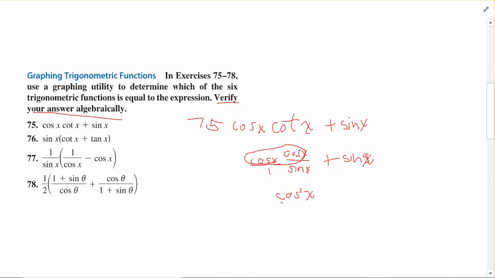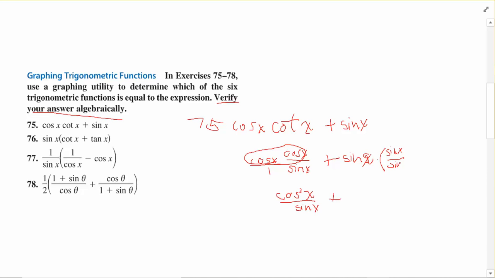Well, what a drag. If this had only said cosine squared x over sine plus sine squared x over sine. Wait a minute, couldn't I just multiply that times sine over sine? If I do that,